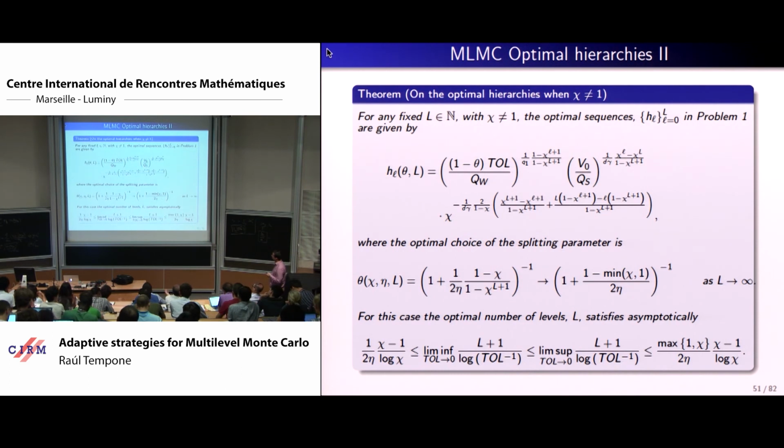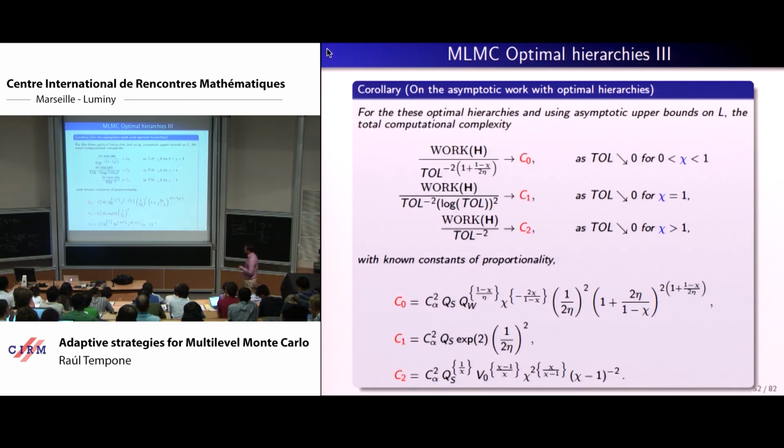But for chi not equal to 1, things become less simple. You can still find relations on theta, and you can find bounds on the number of levels with respect to the different parameters as this shows. Okay? Nothing really changes from the classical results in terms of exponents, but you can identify how the input constants affect the actual complexity in the actual constants. So you can play tricks to reduce these constants, knowing that they exist and the shape they have. Okay? So the shape they have in these constants in the different cases are like this.